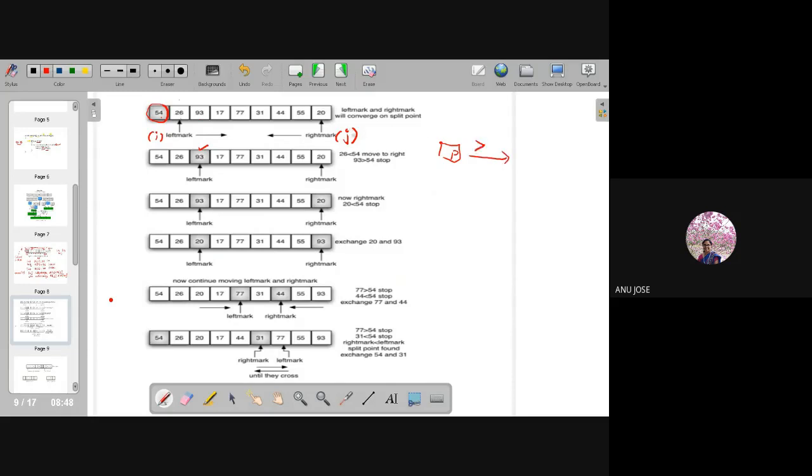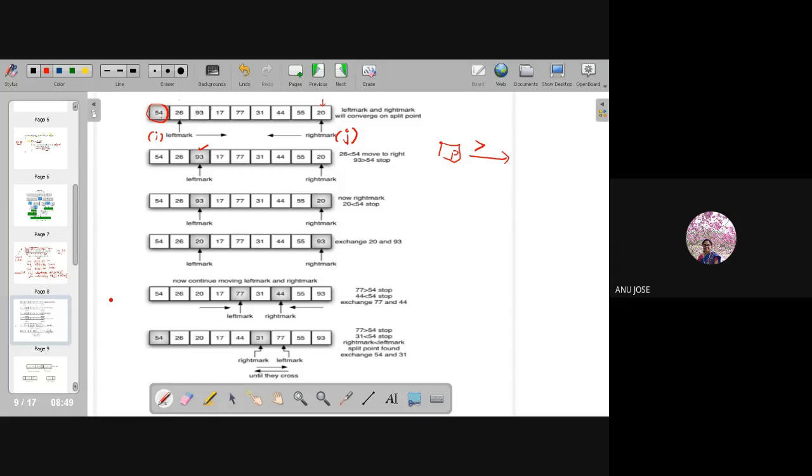So that's why j is checking the value. If it is greater, then no need to worry. Even if I keep the pivot somewhere in between, the right-hand side already has larger values, so no problem. But if a smaller element is present, I have to shift it to the left-hand side. That was the logic. So when searching with j, the right mark, if a smaller value is present on the right side, I have to shift it to the left side.